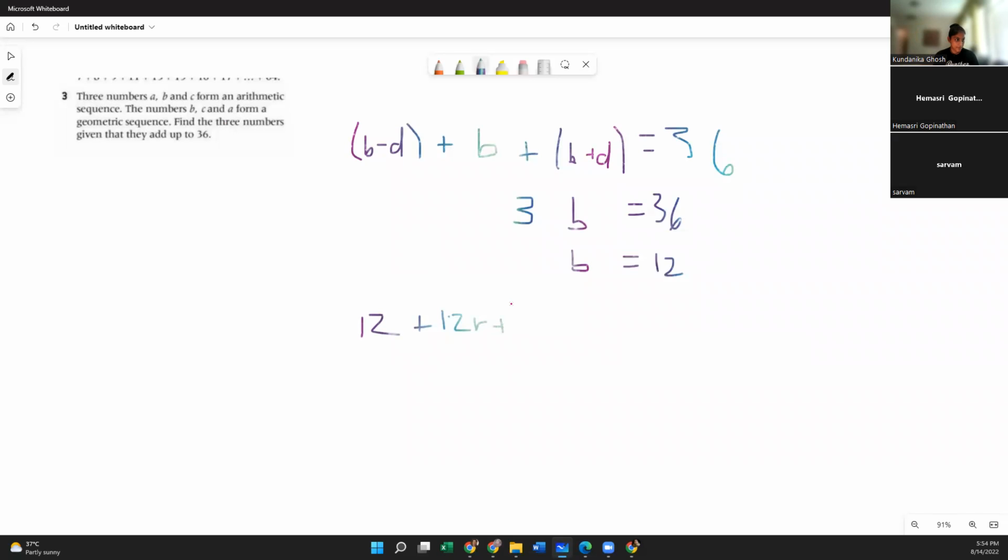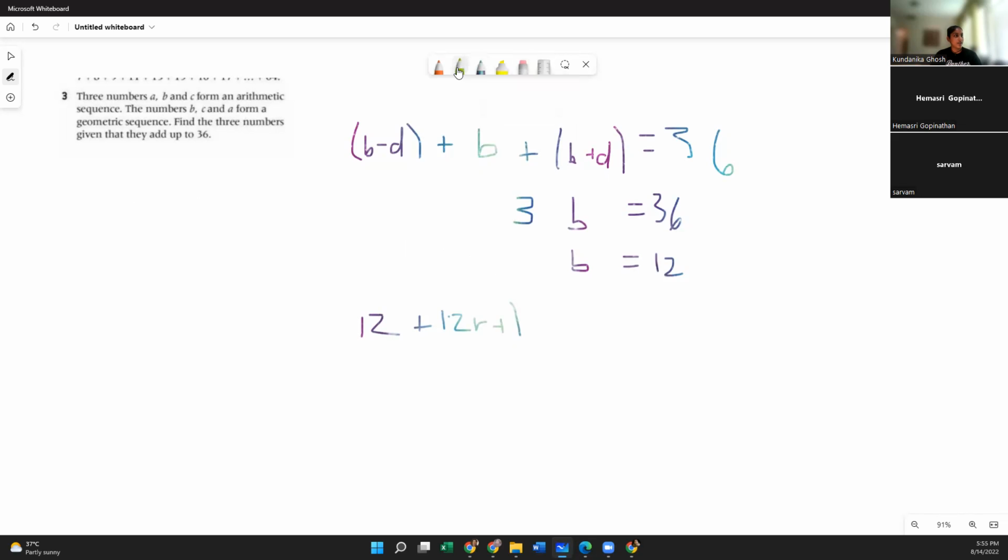Wouldn't this be B, C, and the next one? See here it says the numbers B, C, and A. So it's saying that the second term of your arithmetic series plus the third term of your arithmetic series plus the first term of your arithmetic series is going to equal 36, and that's the order that's going to be your geometric sequence. Do you understand it or not really? We can go back and work it through if you need. I don't understand how we got R and R squared, because those are like increasing.